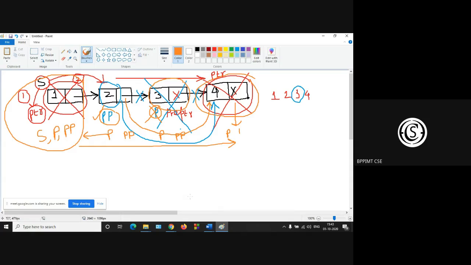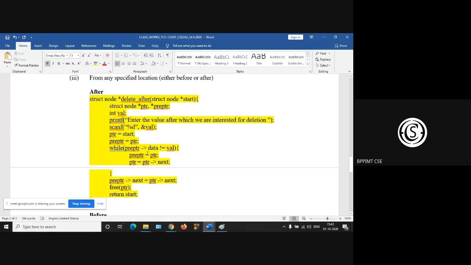So while the pre-PTR data, this is after, you have to delete after a given node. So what will be the logic?